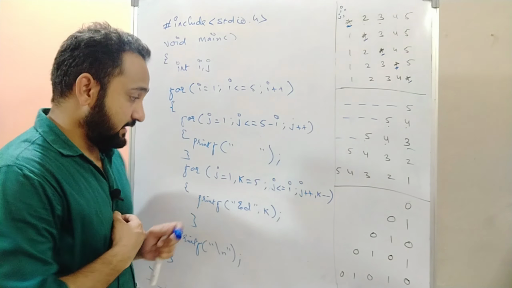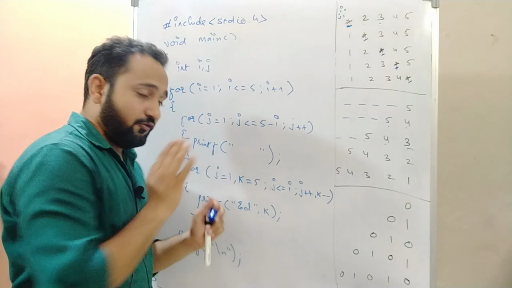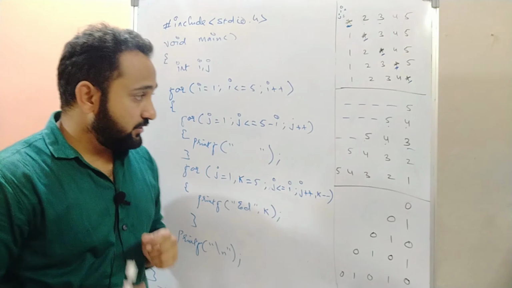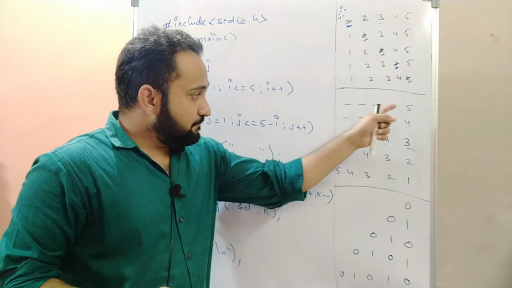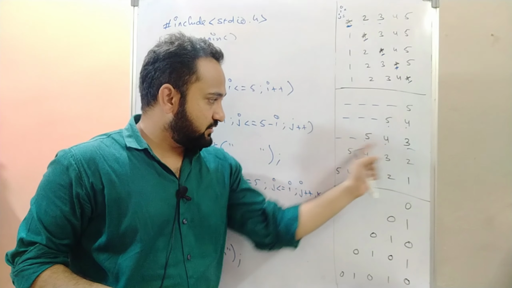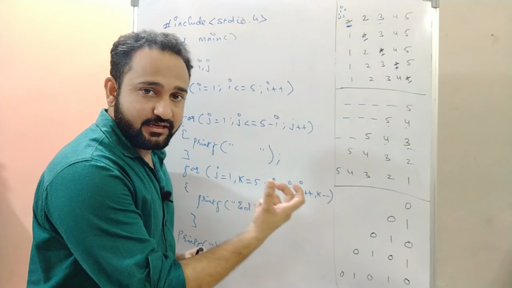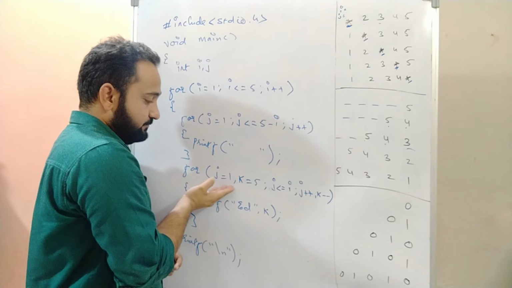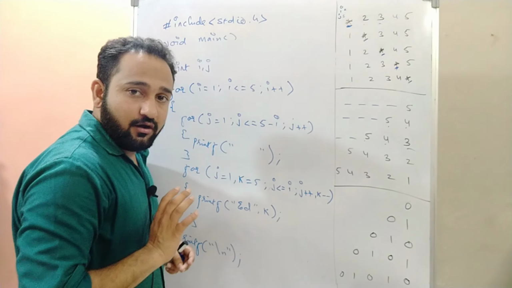Now how did I get that? I have to take k equals to 5 and k minus minus into this for loop only. I told you we have to stick to the basic i, j, k values. By seeing the pattern, here it is what? 5, then 5, 4, 5, 4, 3, 5. It's what? The value of j, agree? So it's behaving just like j. But as I said, j is iterating from 1 to the value of 5. We can't make any changes into j here.